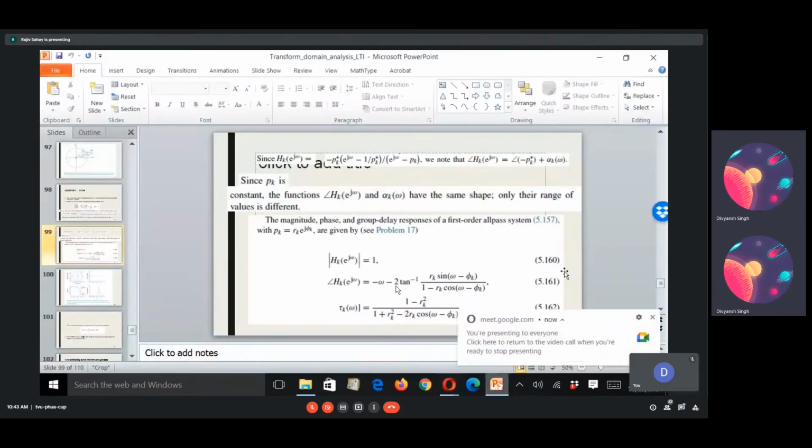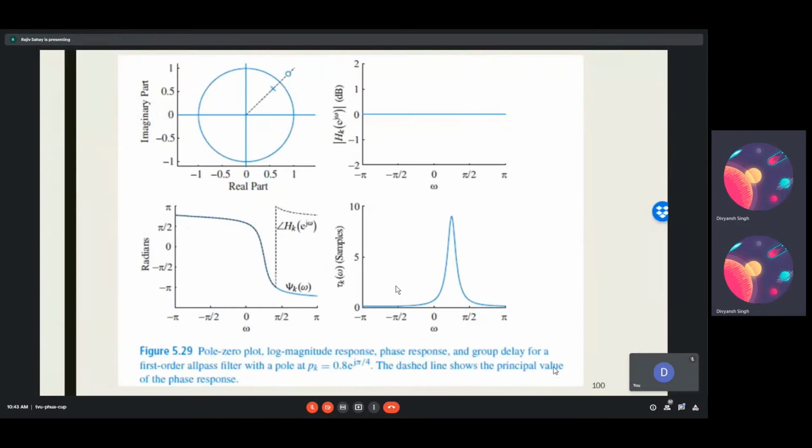Okay, so let us start. So you see, this is an example of the previous ideas. This is the pole zero plot of the all-pass system. You have one pole and the reciprocal zero along the same line, because the angle is the same. Then you have the log magnitude response. So mod of H e^j omega is equal to 1, so log of this is equal to 0. In decibels, you will get 0. This is the magnitude response. It is constant because it is an all-pass system.